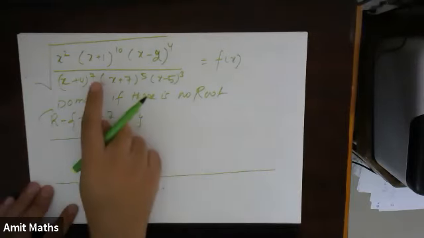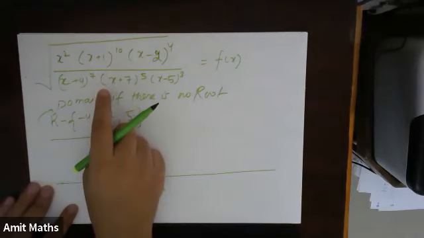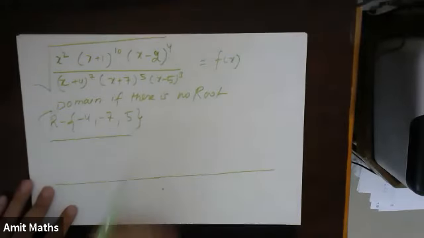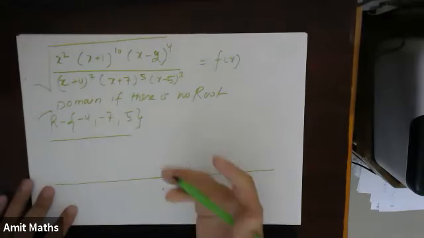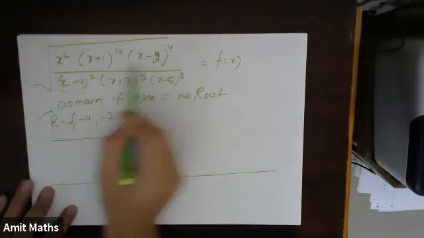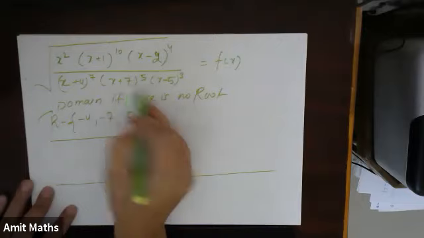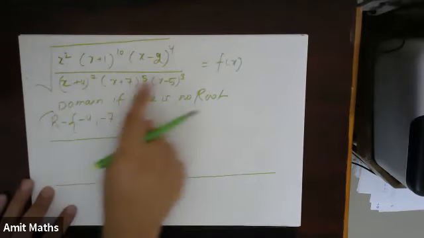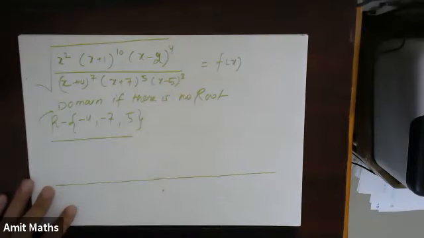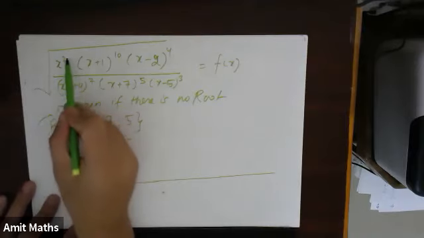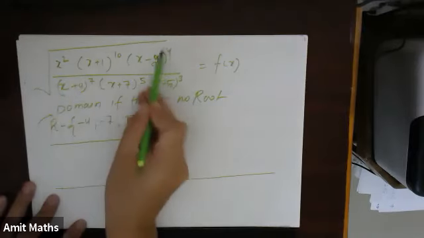Okay, so now, in the previous wavy curve questions, we have taken x plus 1, x minus 2, x plus 4, x plus 7, x minus 5, and so on. We have not taken the powers of any factor. Now the only thing which changes is that we will look at these powers as even or odd.